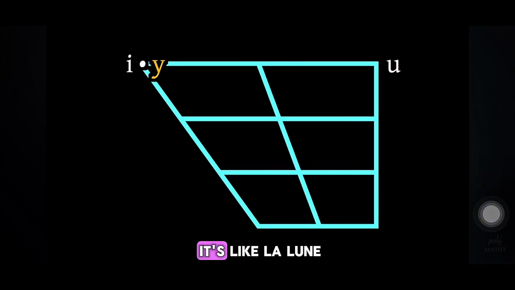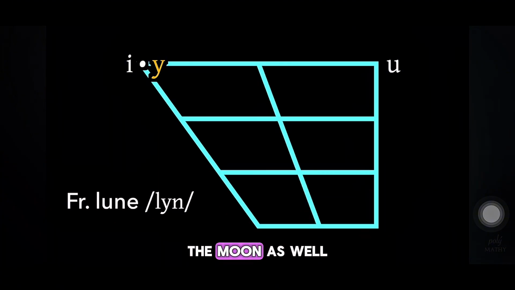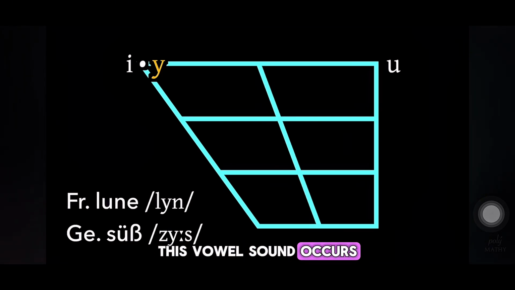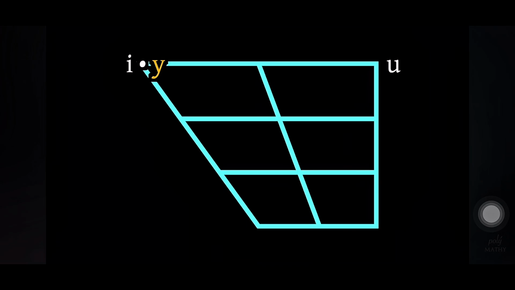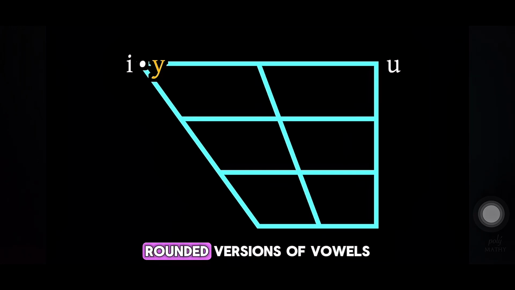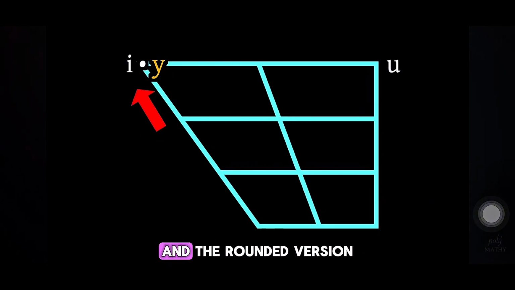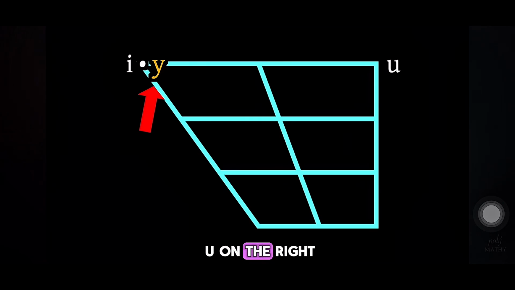In French, it's like la lune, the moon, as well as German süß, which is sweet. This vowel sound occurs in lots of ancient Greek words, for example, in the word su, which is you. By convention, rounded versions of vowels are placed to the right on this chart. So the unrounded version, i, is on the left of the axis, and the rounded version, ü, on the right of